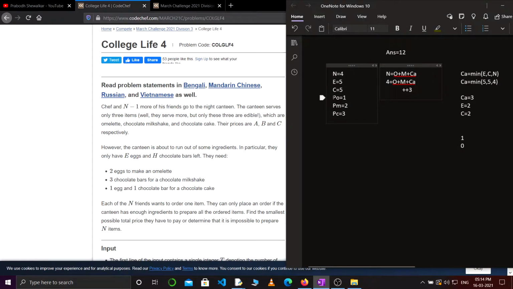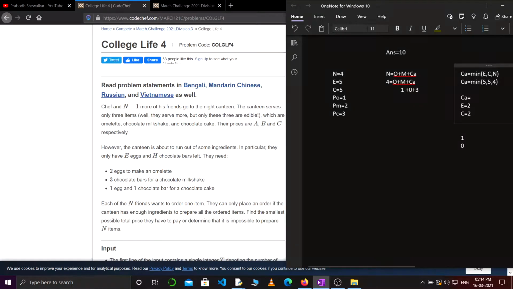So now here we will see which one is cheaper. So you can see omelette is cheaper, so I'll try to buy more number of omelettes. So I need to buy one omelette now, and for this iteration I can have one omelette, so I'll just add one over here and 0 milkshake. So for this case my price will be 1 times 1 plus 3 times 3. So it's 9 plus 1, 10, right? So which is smaller, 12 or 10? 10. So 10 over here.